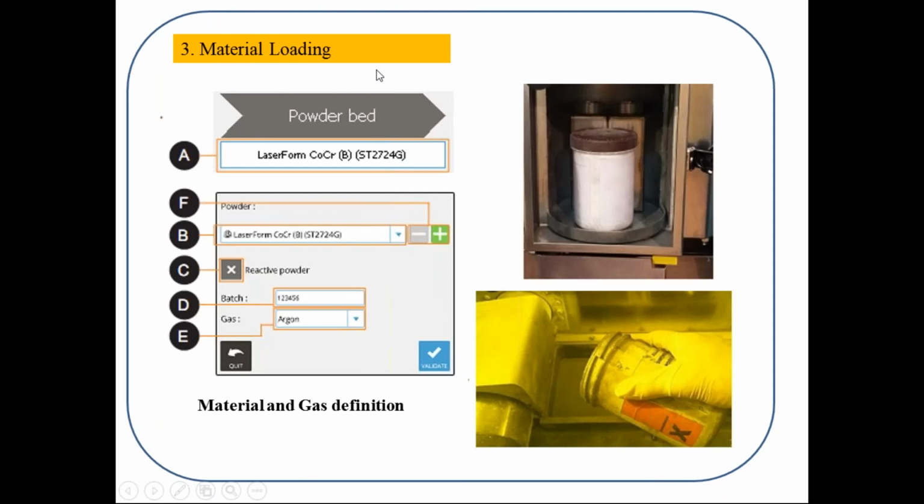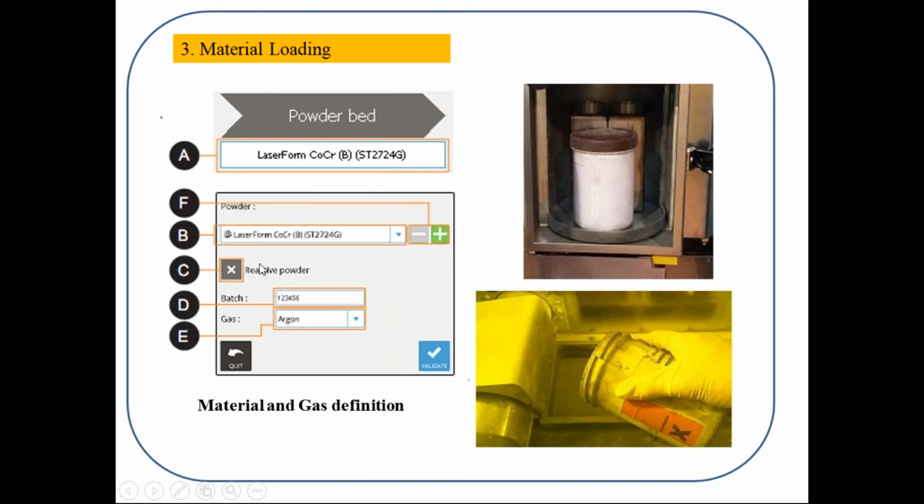And coming to material loading, as I told, the airlock is used for loading the material inside the process chamber. After loading the material through the airlock, then manually with the help of the glove door, we fill the supply piston completely. Here we can define the material and gas.